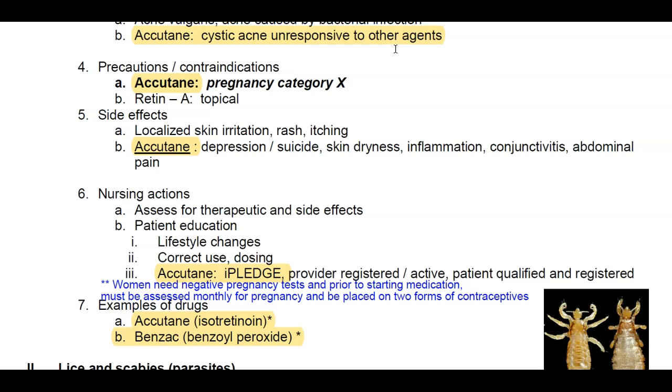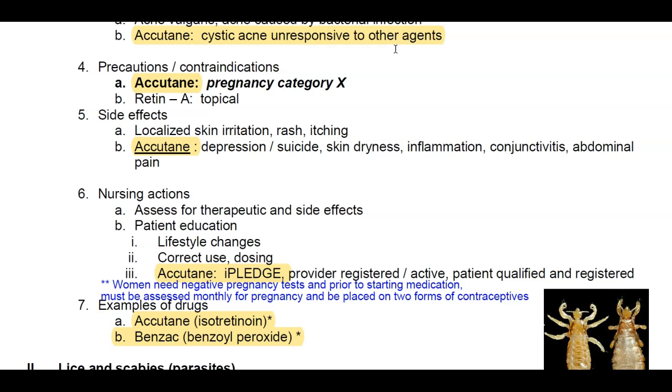So again, our first line, the first thing that we have to do is recommend to our patient any lifestyle changes. Maybe avoid eating certain types of food that can cause a flare-up of your acne. Correct use of the medication and proper dosing. And specifically for Accutane, there is this website. It's called iPledge. This is basically a website where the provider registers the patient, and so it gives all this information. You have to put in all the information, but basically it ensures that the provider is following the proper